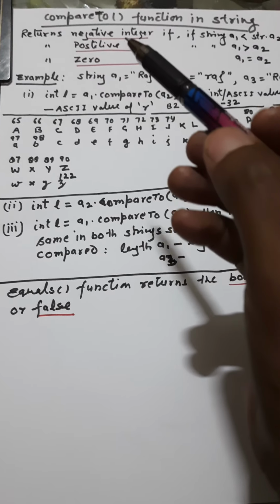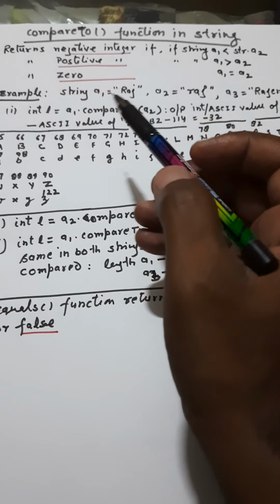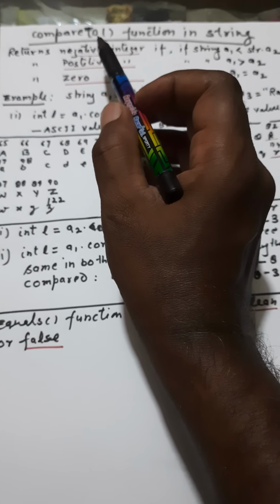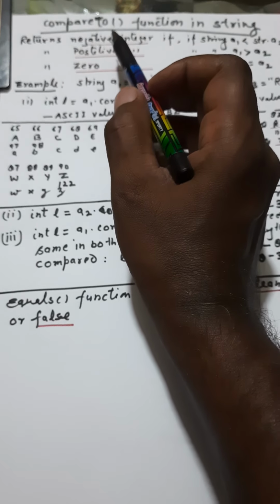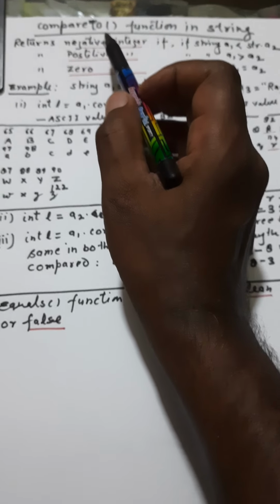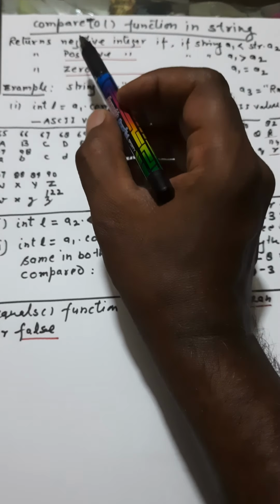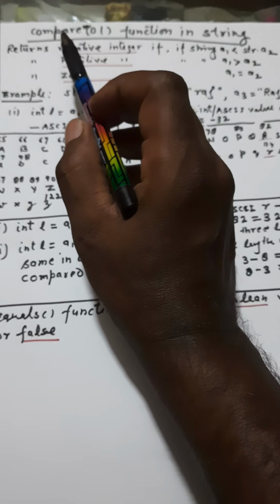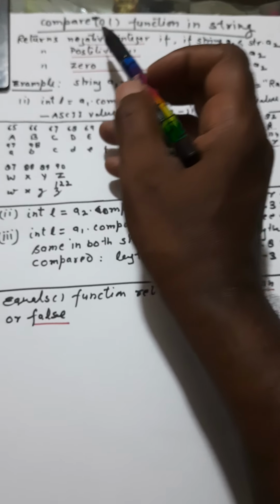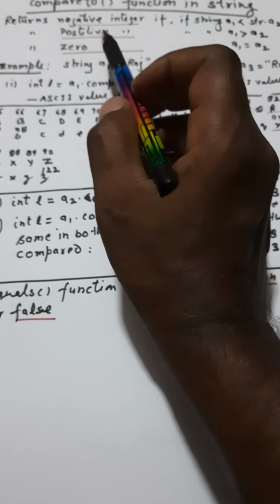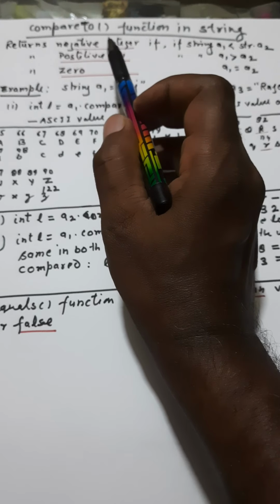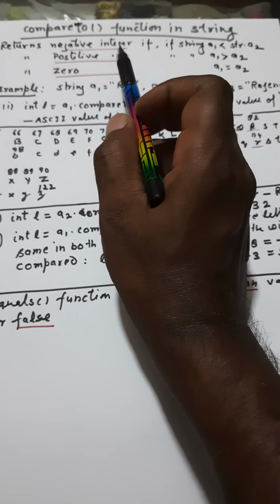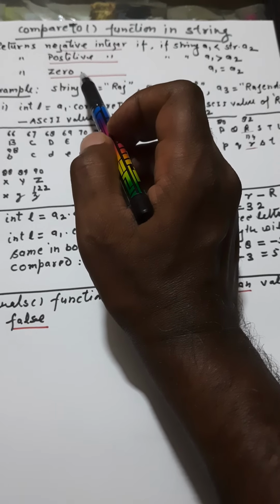You have already studied so many functions, but I did not discuss this particular function. One or two questions are asked in the council examinations related to the compareTo function or equals function, right? So what is the compareTo function? What is the meaning of the compareTo function? It compares two strings. What it does, it compares two strings and it returns a negative integer value, a positive integer, or zero